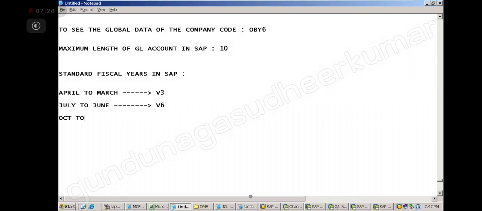That is V9. Then we have January to December also. January to December is K4. Suppose in any of the projects you are working on, you should have an idea now of what standards are already available. That's it.